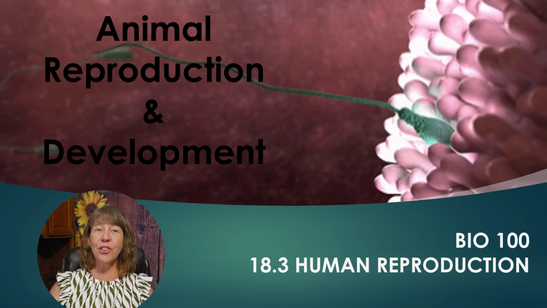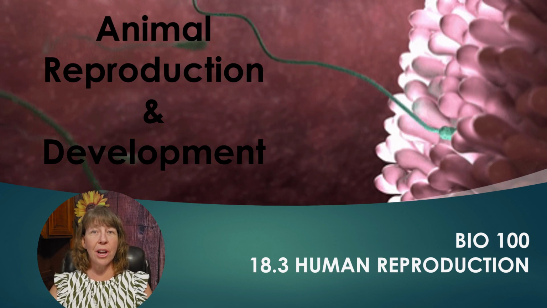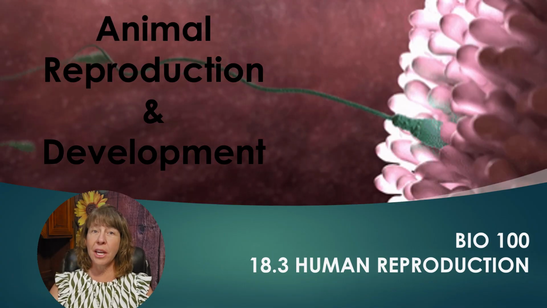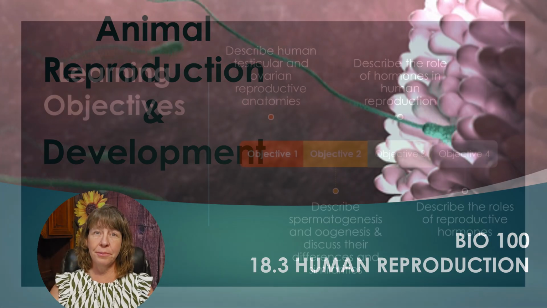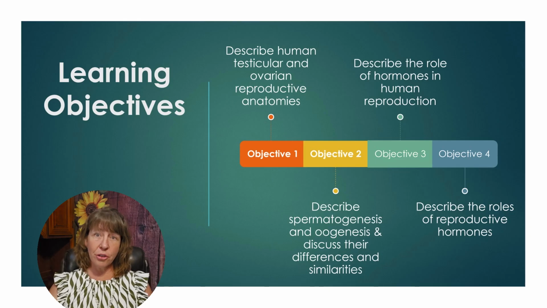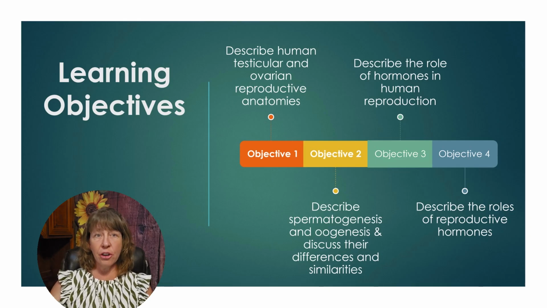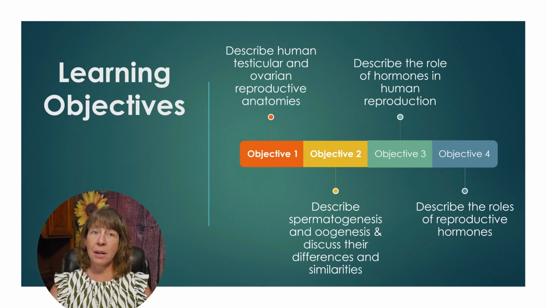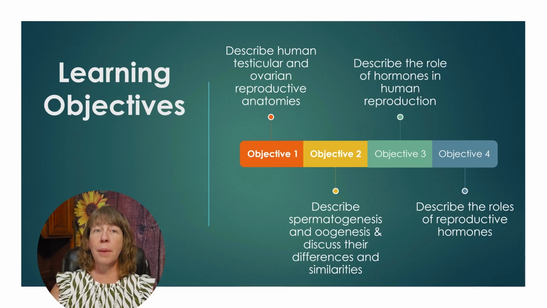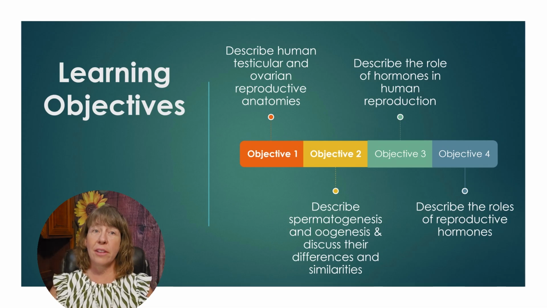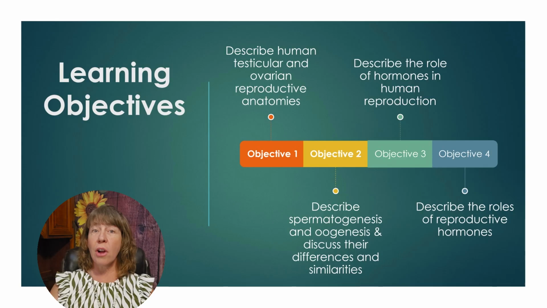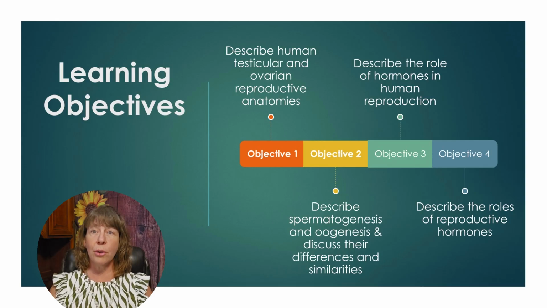Biology 100, this is Chapter 18, Animal Reproduction and Development, Section 3, Human Reproduction. In this section, we're going to be describing the human testicular and ovarian reproductive anatomies. We're also going to be describing spermatogenesis and oogenesis, and we're going to describe the differences and similarities of the two. Then we're going to describe the roles of hormones in human reproduction, as well as the roles of reproductive